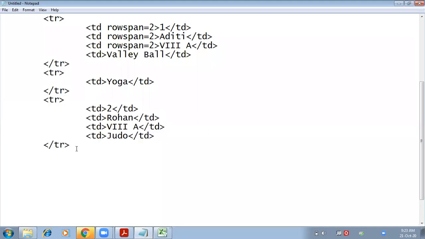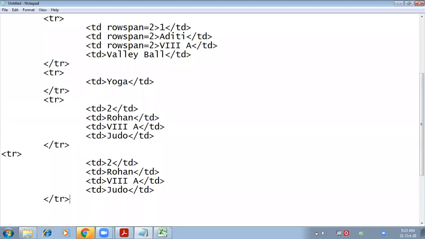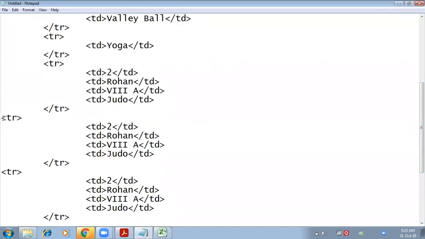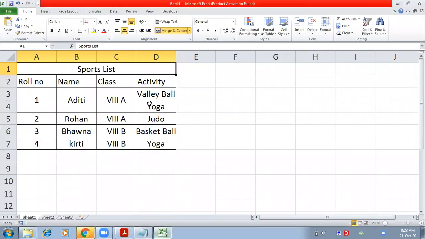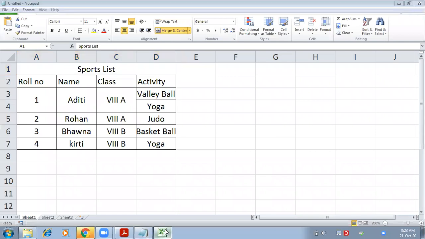So I'm going to copy it and paste it 2 times. Now do the required changes. This is 3, this is 4. What are the names? One is Bhavna and one is Kirti.